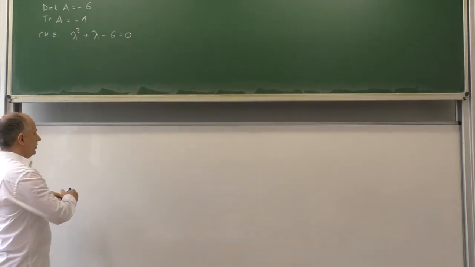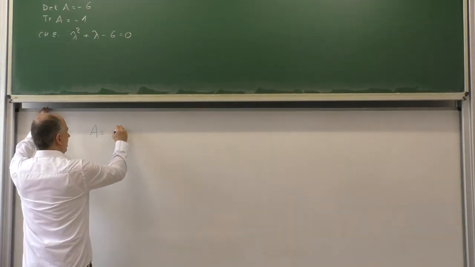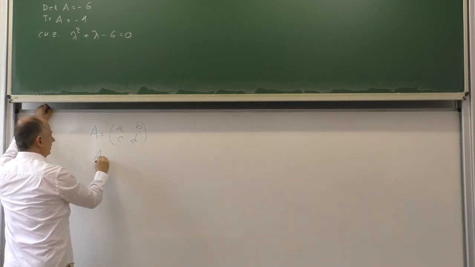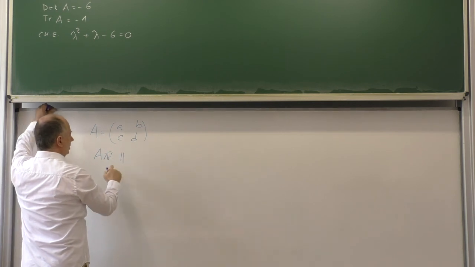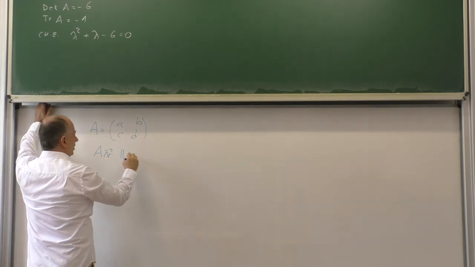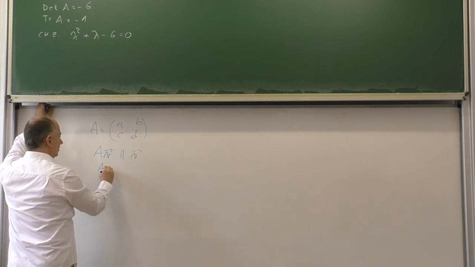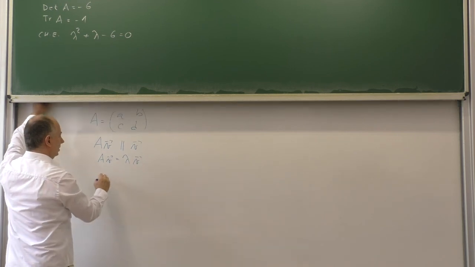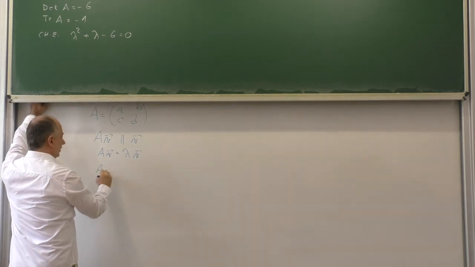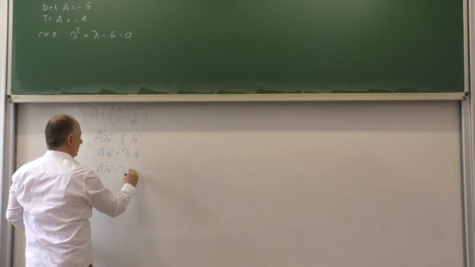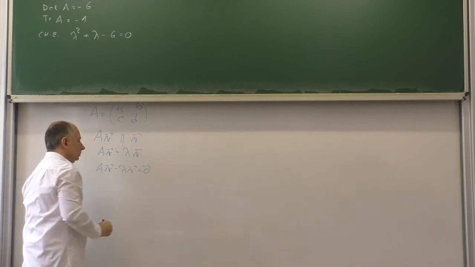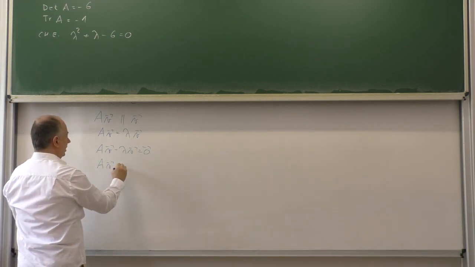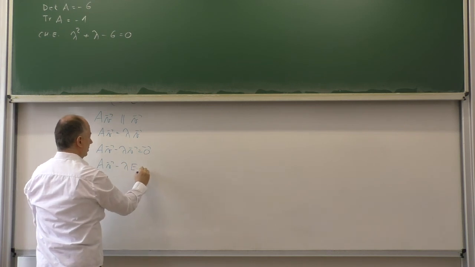If we have a matrix, say A, B, C, D, and we want to find a vector V, which is such that AV is parallel to V, that means AV is some number lambda times V. So we subtract lambda V and we have AV minus lambda V is 0. And we want to factor out V, but before we add the identity matrix E,